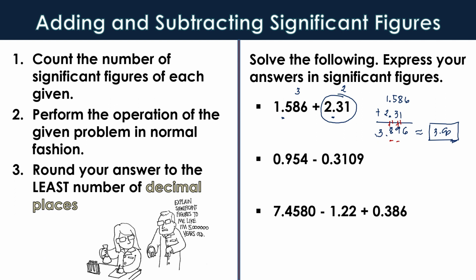Next, we have 0.954 minus 0.3109. So, yung unang number or yung unang given, it has 3 decimal places, 1, 2, 3. And then yung sumunod, 1, 2, 3, 4, it has 4 decimal places. So yung final answer natin, naka-round off dapat sa 3 decimal place. So the answer will be